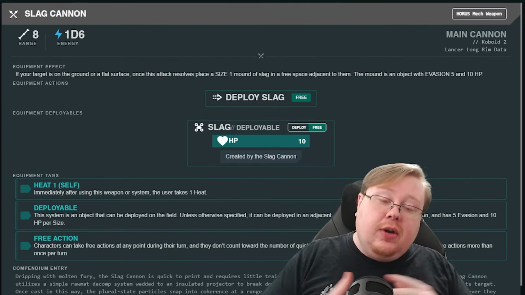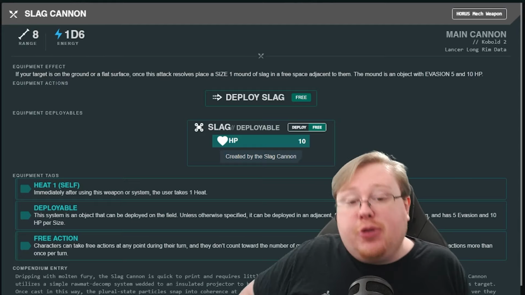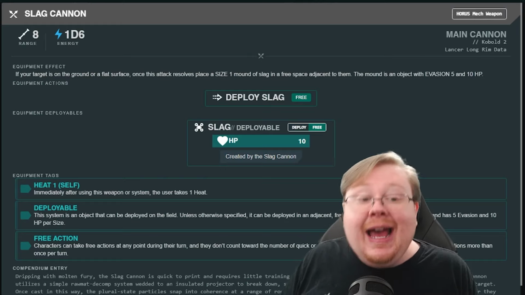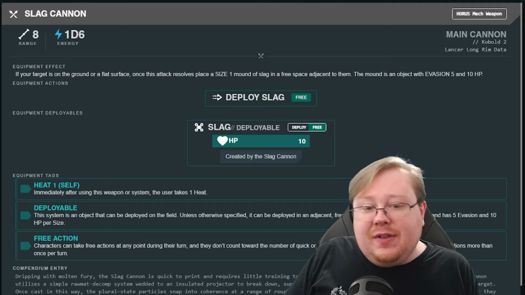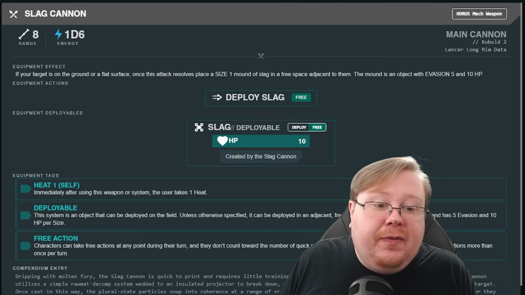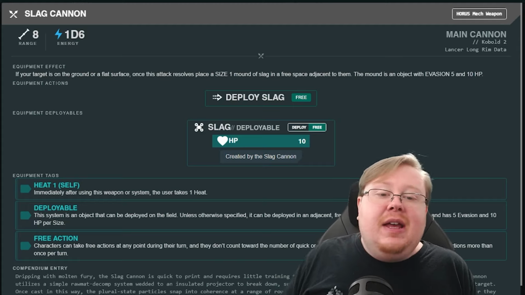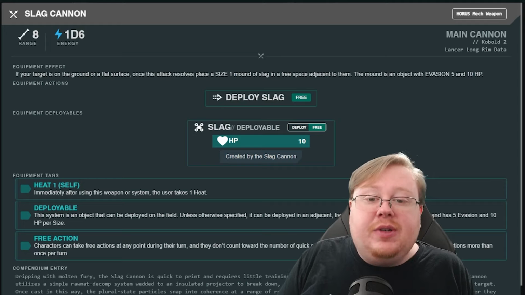At rank 2, along with the Kobold, we have the Slag Cannon, which is pretty good. It is another main weapon, this time being a cannon, and it does a D6 energy damage. Now, not as reliable as the Fusion Rifle, but it has an additional effect: if the target is on the ground or a flat surface, after the attack is resolved, a size 1 mound of slag is produced in a free space